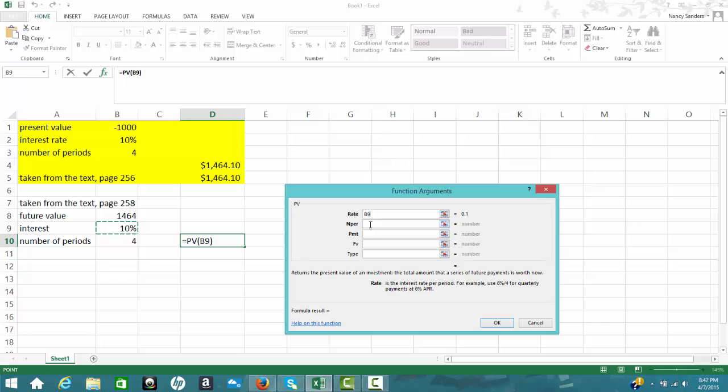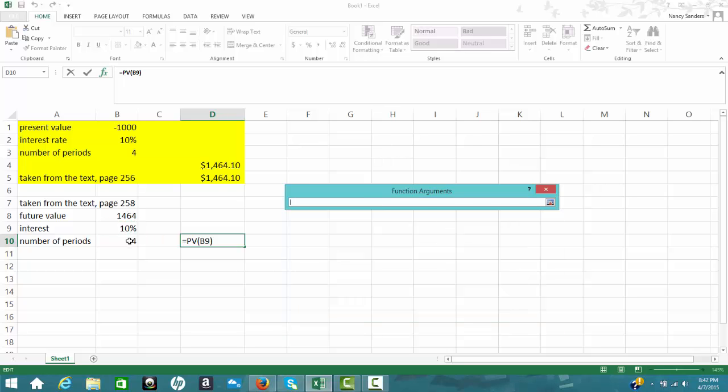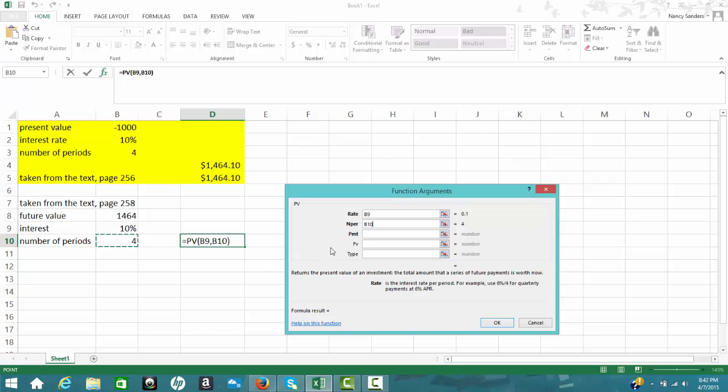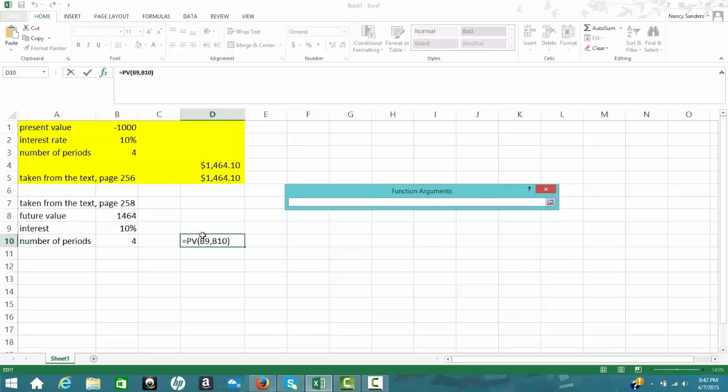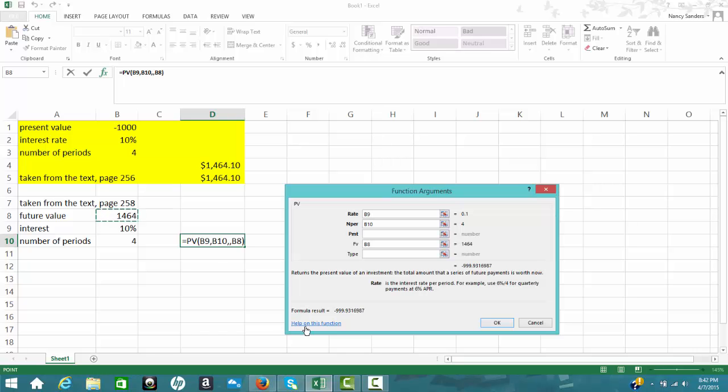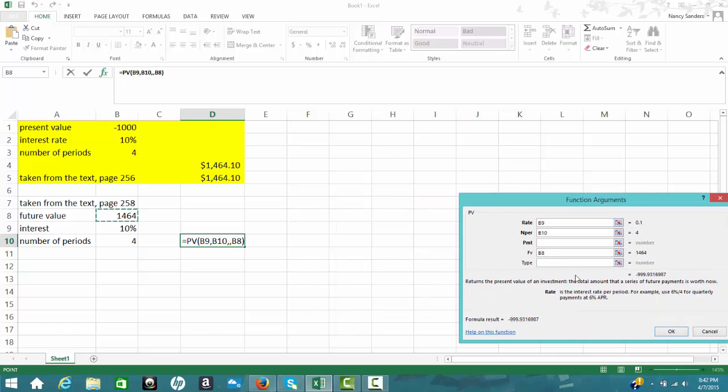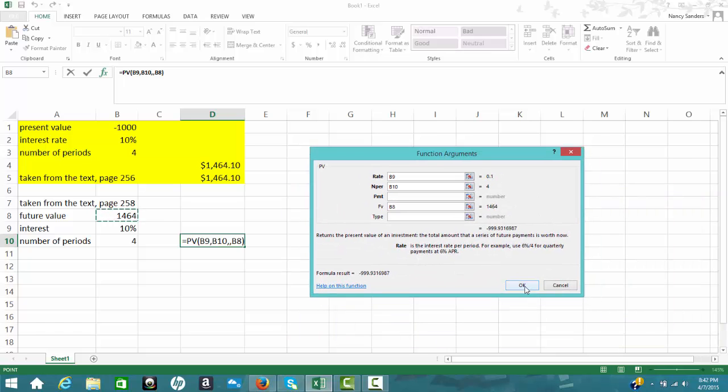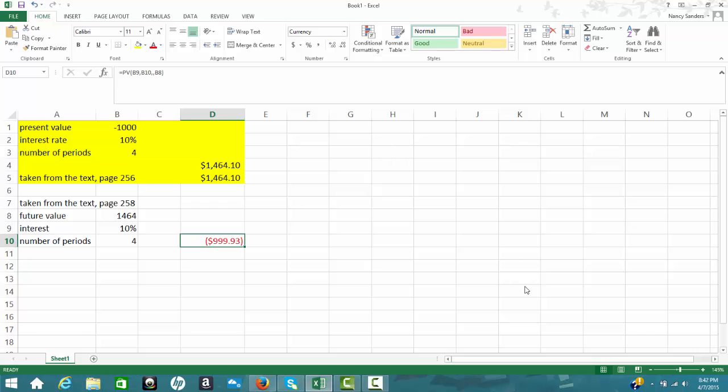And per is going to be the same as what we did with the previous one. So if you click on the box on the right, and the number of periods before, so we're going to click on cell B10. And then we know what the future value is going to be. So if we click on the box to the right, we click on cell B8 and hit enter. So we have rate is B9, N per is B10, and future value is B8. And if we click on OK or hit enter, we'll get $999.93, which rounded up is your $1,000 that you